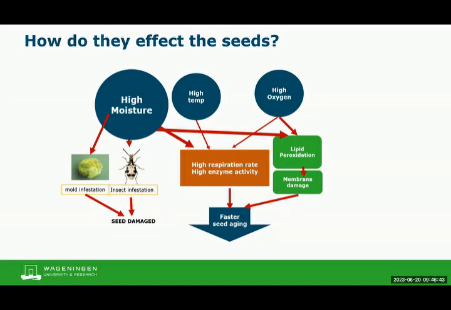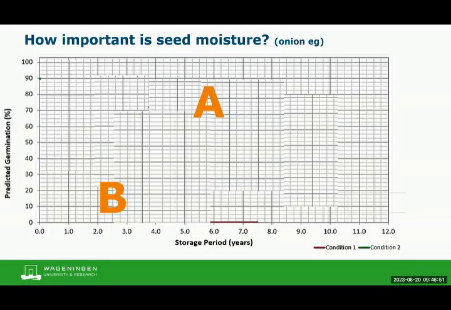I told you how high seed moisture is very detrimental to the seeds. Now let us see exactly how important seed moisture is. I'll give you a situation: we have onion seeds with an initial germination of 90%, and we are storing them under two conditions, A and